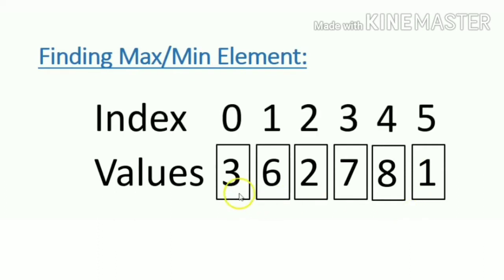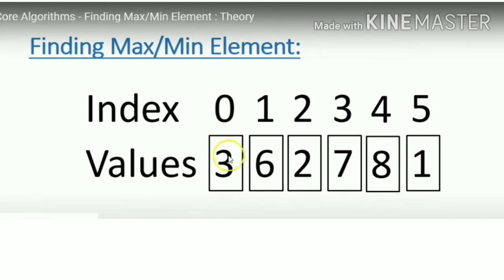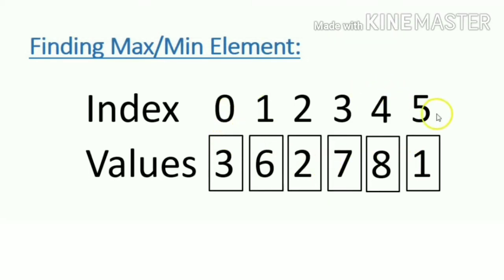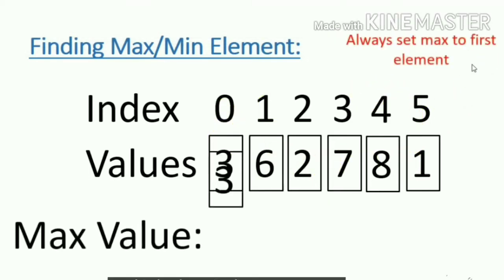So when we talk about the different elements in the list, we are going to refer to them by their index. So this list has 6 elements, 1, 2, 3, 4, 5 and 6, and their indexes are 0 to 5. One of the key pieces with this algorithm is that you always want to initialize the max value to an element contained within the list. Now I say here to always set max to the first element, and that will work, but in fact you can initialize max to any element in the list. By doing that, you are ensuring that you are going to find the maximum value properly.